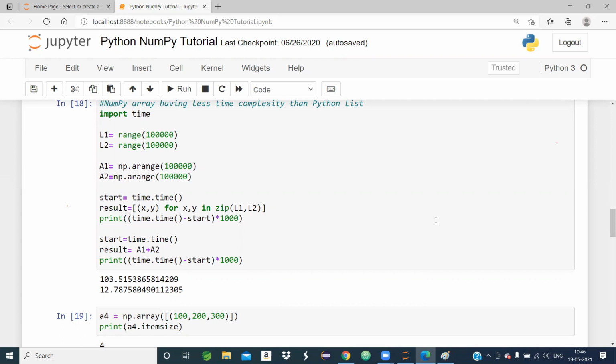I have considered two lists, L1 and L2, and two arrays, A1 and A2, and performed one addition operation: L1 L2 addition, A1 A2 addition. We will see what the time complexity is for L1 L2 addition and for A1 A2 addition. If your requirement is to find the time,